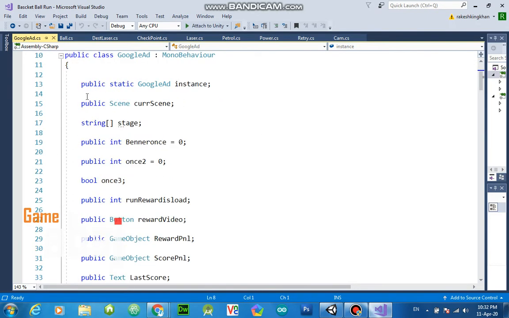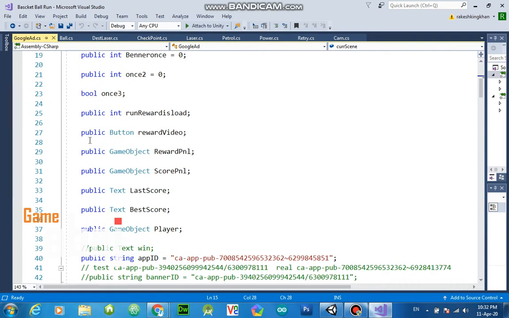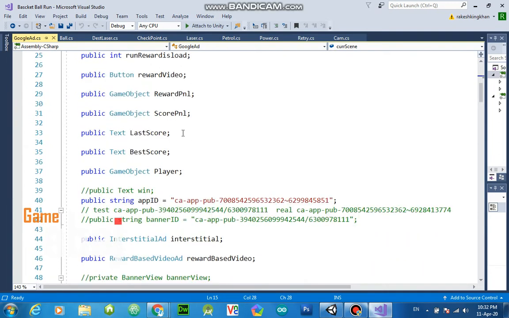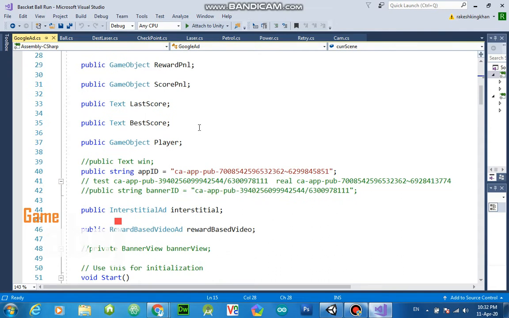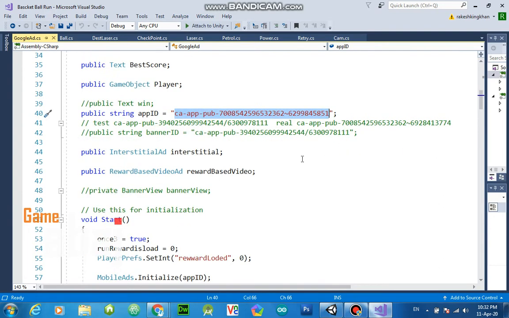First you have to create this instance, and then public ints for everything. I will only tell you the important things. This is your app ID, and you have to add your app ID here. There I keep the test app ID provided by Google for testing, and the real app ID is added here.